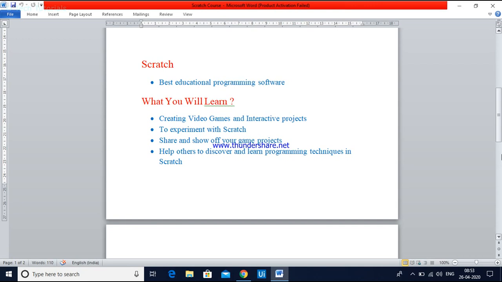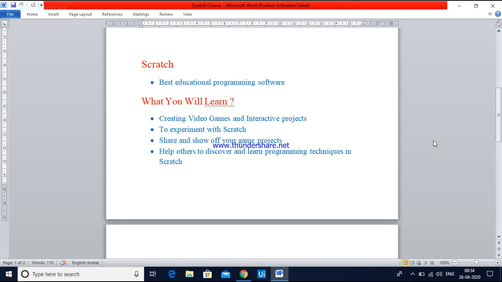Instead of memorizing a list of programming concepts, you are guided through making the games and picking up programming concepts on the way. With these Scratch programming tutorials, you will learn to create different video games and multiple interactive art projects. You will find out how to experiment with Scratch to enhance game creation learning.